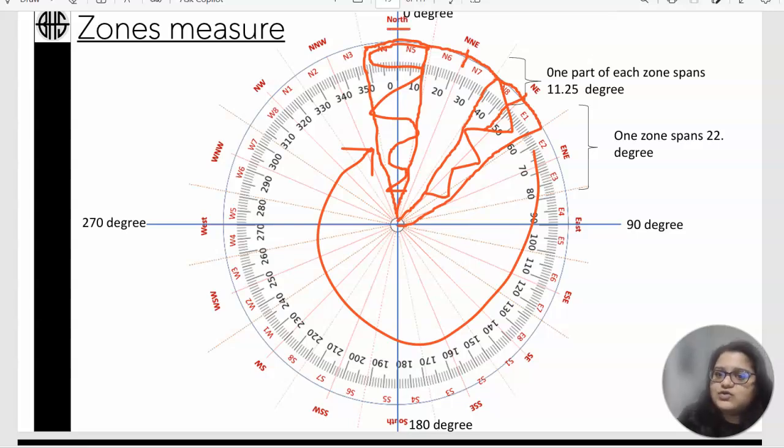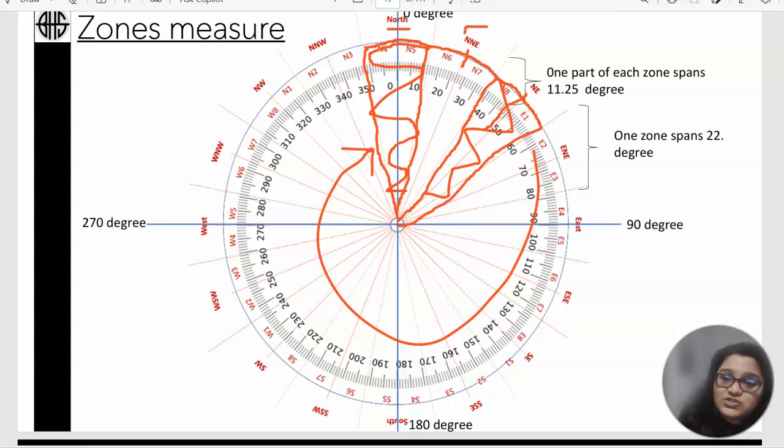That is your north zone, north northeast zone, northeast zone, east northeast zone, east zone, east southeast zone, south southeast zone, south zone, south southwest zone, southwest, west southwest, west, west northwest, northwest, and north northwest. Now, when you learn in detail as we go in the further modules, you will be able to understand